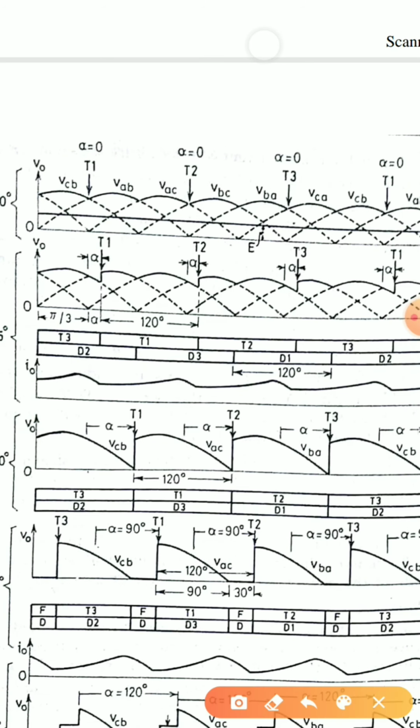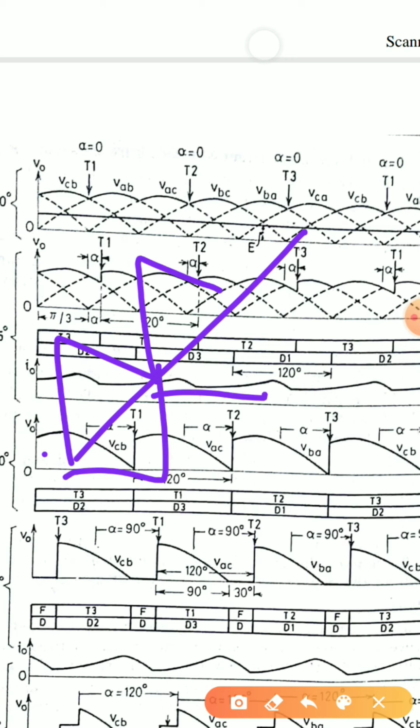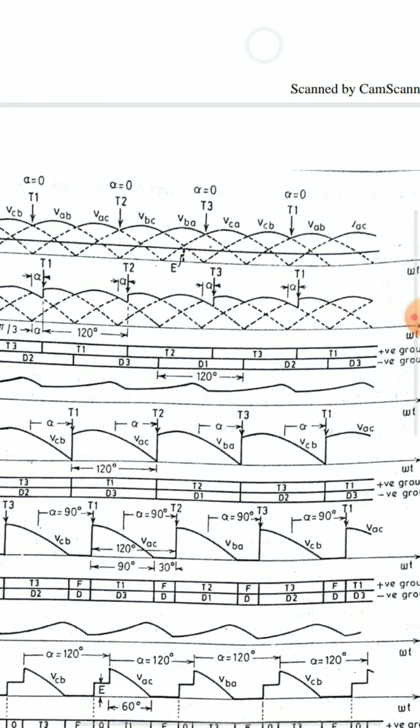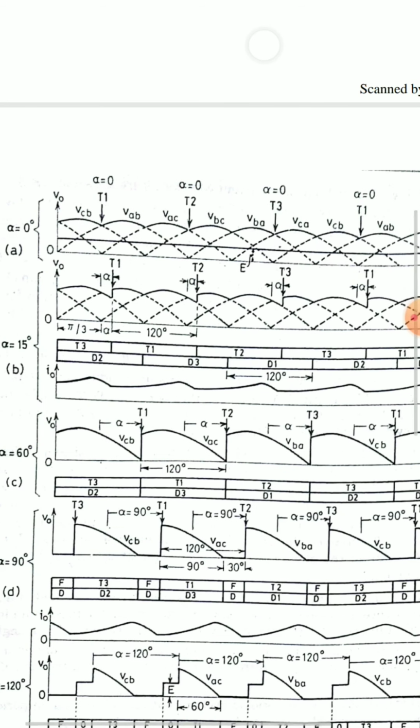Now let us look at the waveform. Looking at the three-phase waveform that we drew yesterday for full converters, the three-phase waveform with line voltages, where I am getting 6 peaks, that is VAB, VAC, VBC, VBA, VCA and VCB. Of these 6 peaks, I am considering only the upper portion of the waveform.